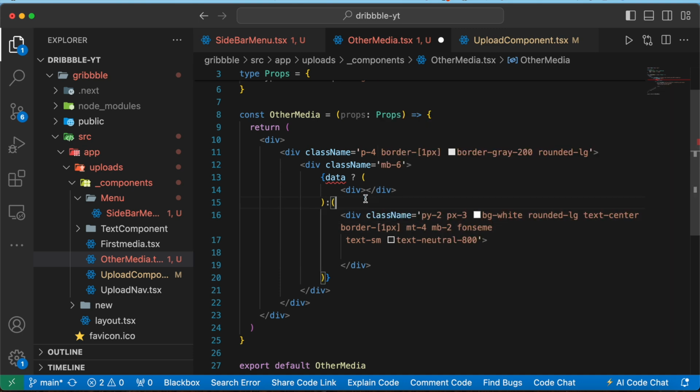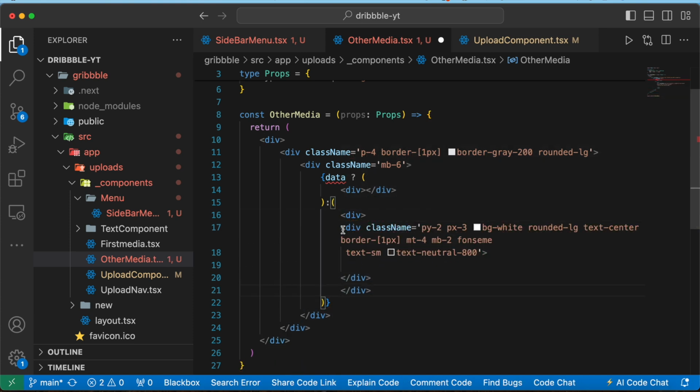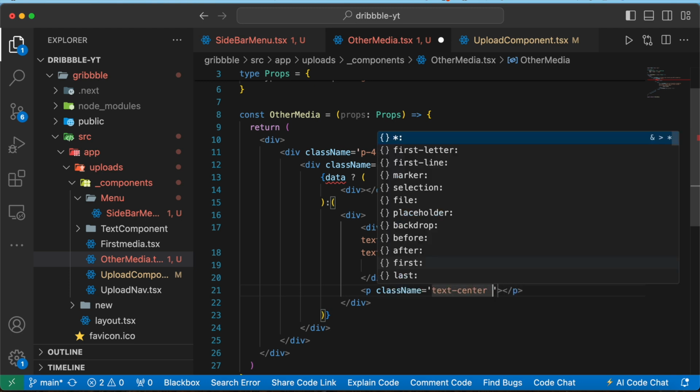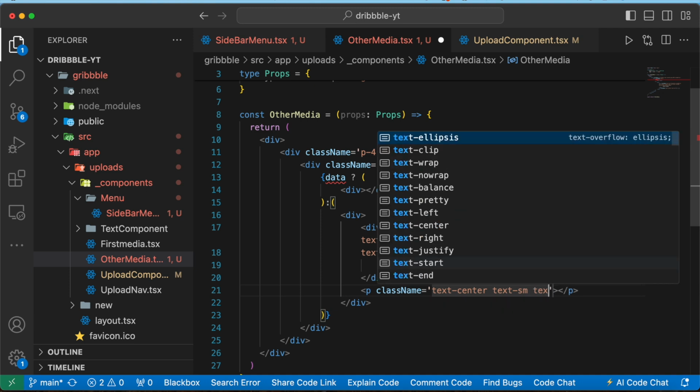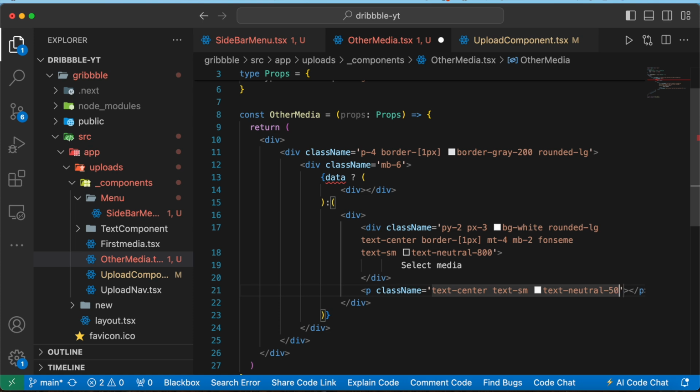And this div will be inside another div, so we can write a div and then we can wrap this around this div. Okay, after that we can write select media. Okay, now below this div we are going to have a p tag. Give this a class name of text center, text sm, text neutral of 500, and here we can write or drop